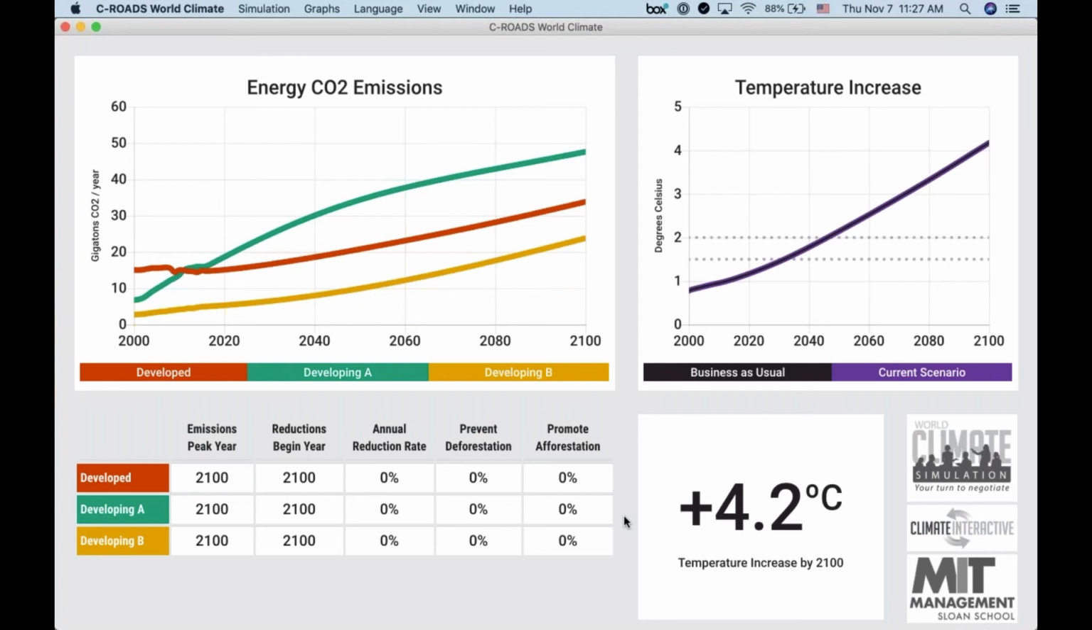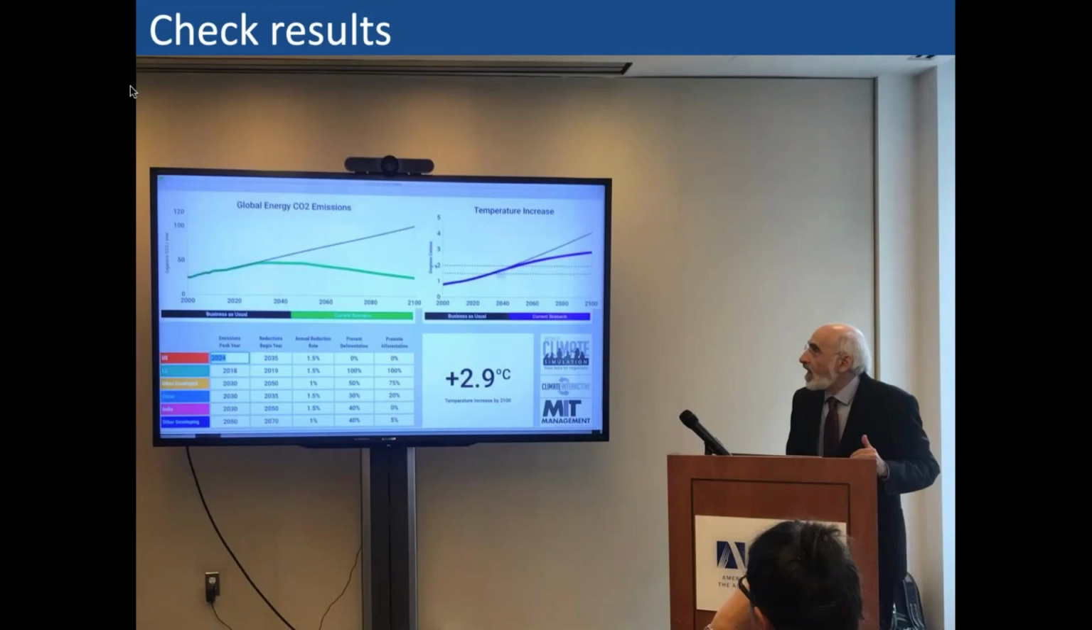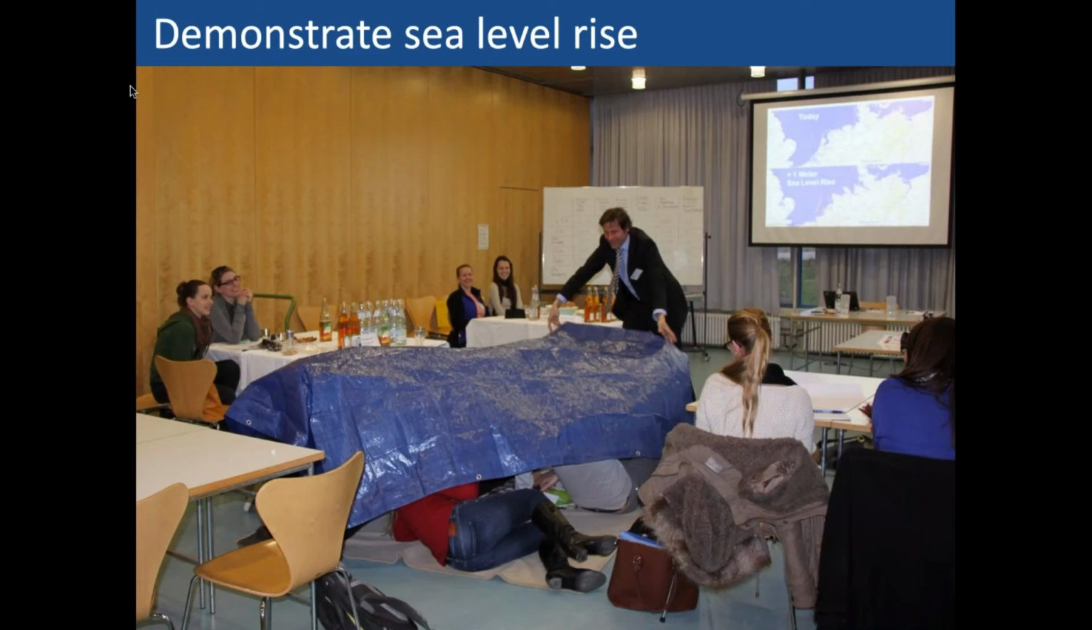So after the first round of negotiations, you've inputted everything here. Maybe your group reached 3.5 degrees of temperature increase by 2100. So you'd go back, you would check your results with your groups. Sometimes what we've seen facilitators do is demonstrate some sea level rise with a blue tarp. So often it's a little bit silly or funny and people laugh a little bit, but it becomes a way to start talking more seriously about climate impacts and about the severity of some of these